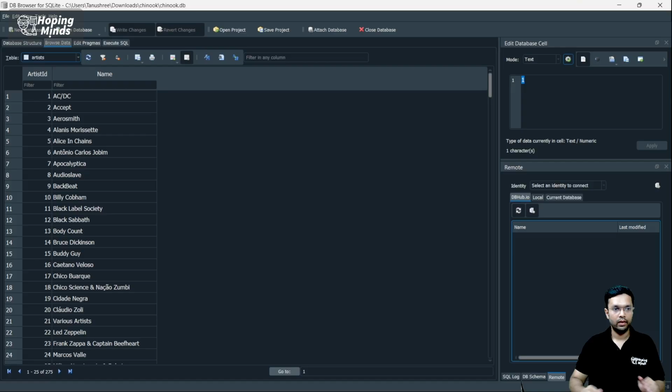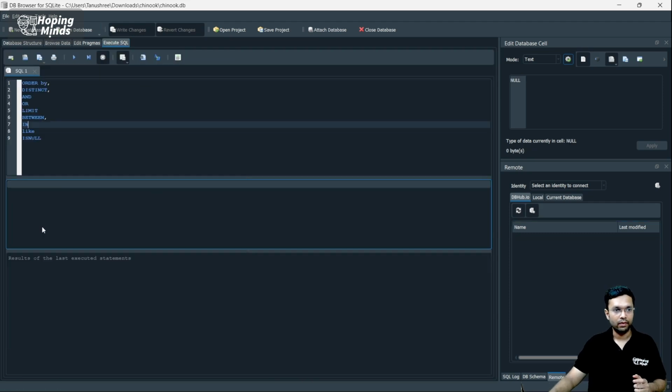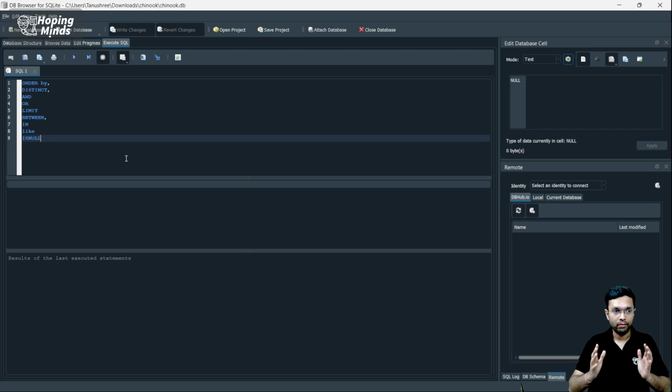So stay tuned. Let's dive into this session wherein I'm going to teach you how you can filter a lot of data, or in fact some amount of data, in a good manner. We are going to explore a lot of select queries, but this time we will be exploring all these keywords. All these keywords will be helpful for you to organize the data when it comes to a table. For example,